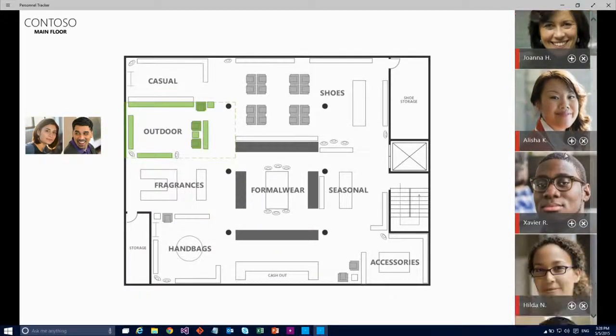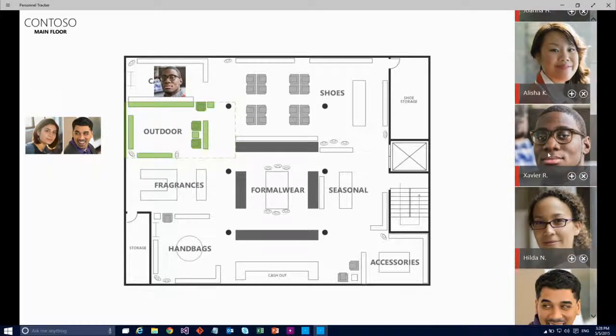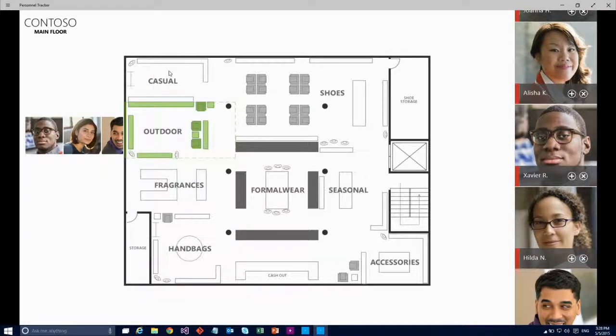But you know what? The best guy here is Xavier. Unfortunately, I just tap on his profile. He's already busy, as I can see, in casual. That's OK. With one tap, I can actually trigger that same sort of workflow on the back end that text messages him to say, hey, we need you over in outdoor. His manager gets an email, and everybody's happy. And I did all of this just by walking around on my tablet. Again, you want to talk about purpose-specific, it's literally like the layout of the floor, right? But again, this is something you can build quickly and easily with just PowerPoint and Excel skills.